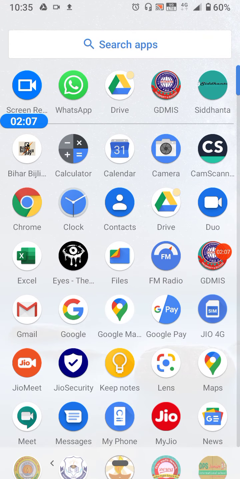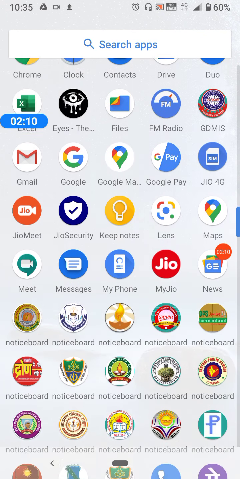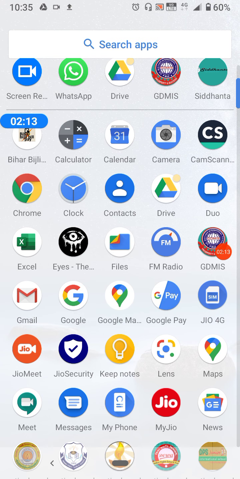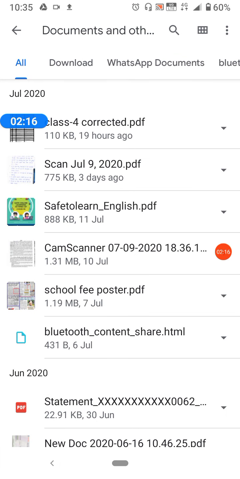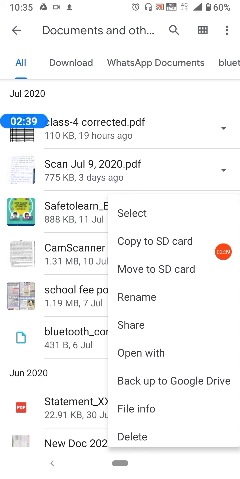Now we will come to the PDF that we want to share on our mobile app. So suppose I come on my folder where I have kept my PDF. Suppose this school fee posted PDF, or suppose this safe to learn English PDF. I want to share it with our students. So I'll click this arrow button in the extreme right, and it says backup to Google Drive. On seventh number it asks for backing up to Google Drive. We'll press that button, we'll press OK,